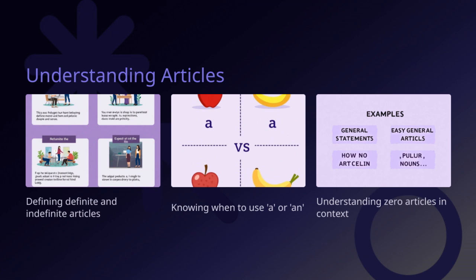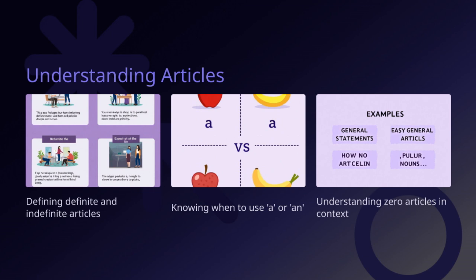of those items. It's also important to understand the difference between definite and indefinite articles. The definite article points to something specific that both the speaker and listener are familiar with, like the book on the table. On the other hand, indefinite articles like a and an introduce something more general or new to the